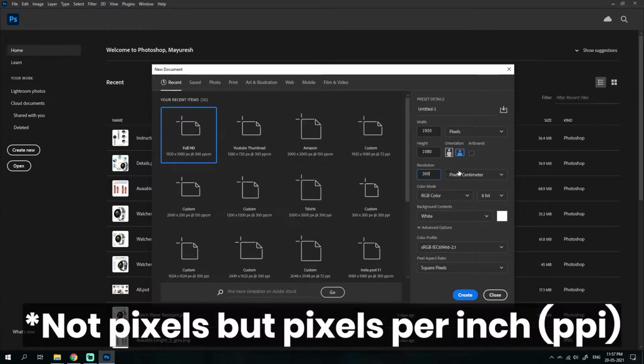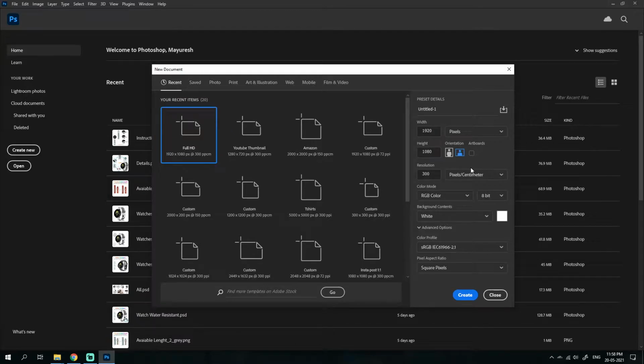Resolution is how many pixels there are. I don't know how to explain this, it's just DPI, I think. That's dots per inch, but it depends on what you're using, this should be high. For example, for printing images on t-shirts and all, this should be high. So obviously these are RGB colors and all. I think you guys can just know about this.